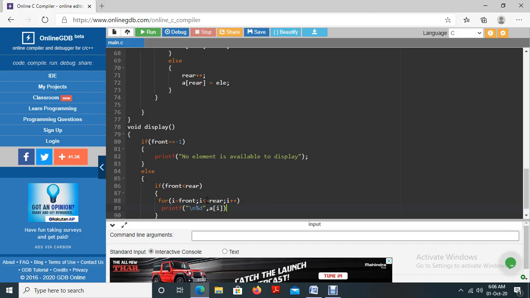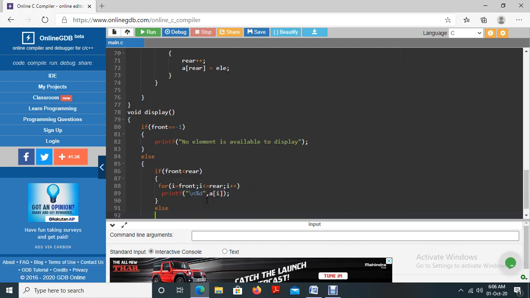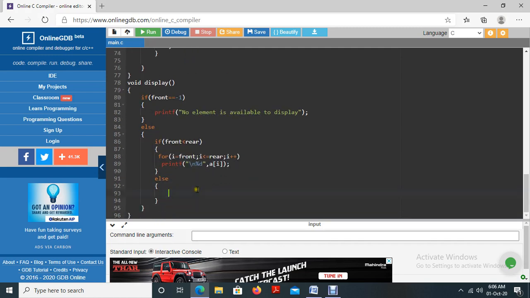So it will print the elements one by one if it is in the linear queue. If it is in the circular queue, the condition is false, and then we write the program for displaying elements in the circular queue.